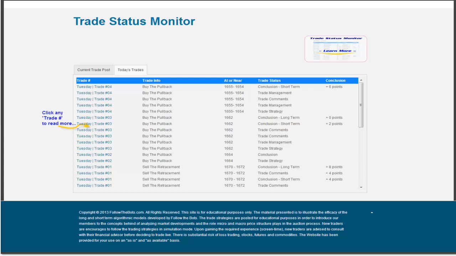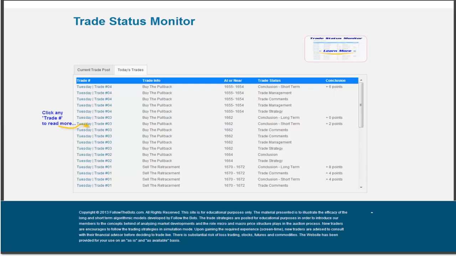The trading strategies are posted for educational purposes, and in order to introduce our members to the concepts behind the analysis of the market development and the role that the micro and macro price structure plays in the development of